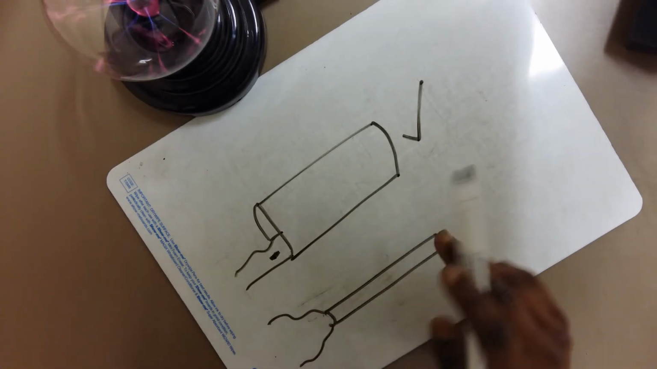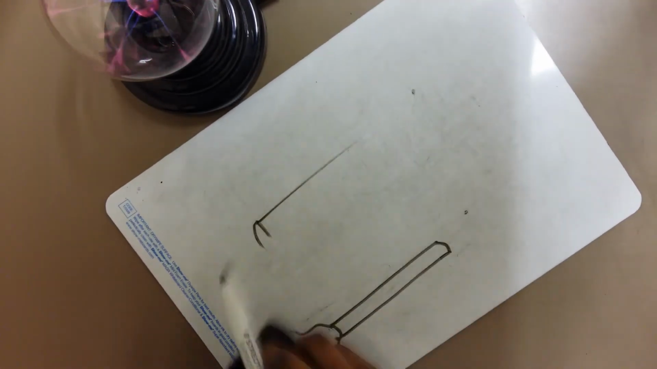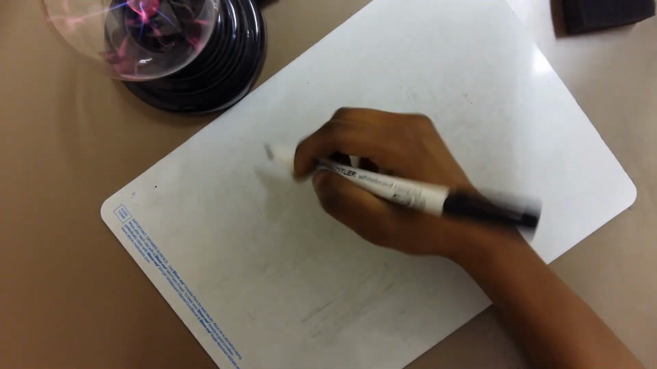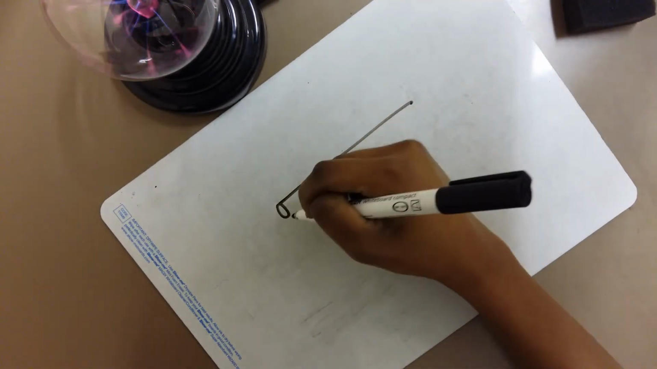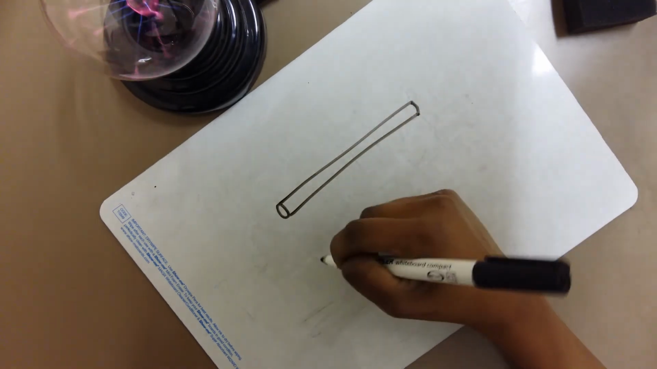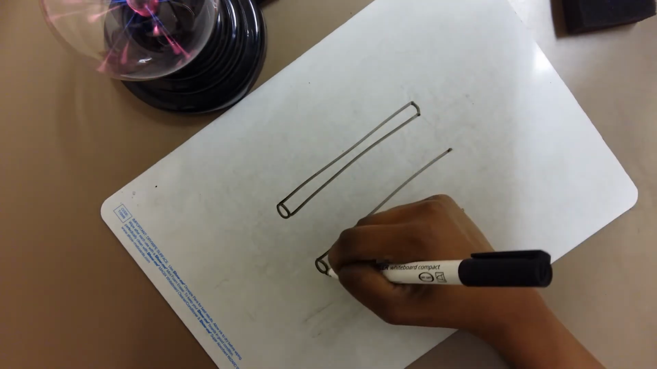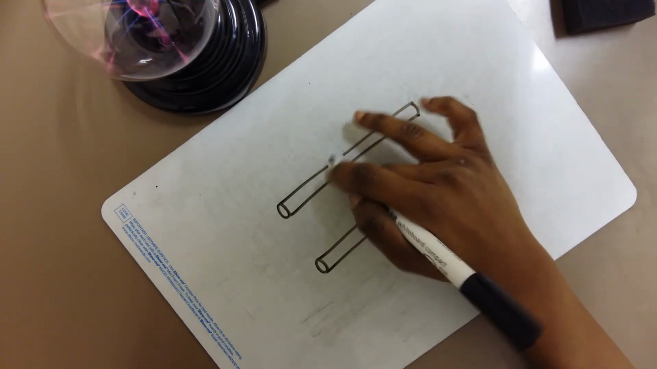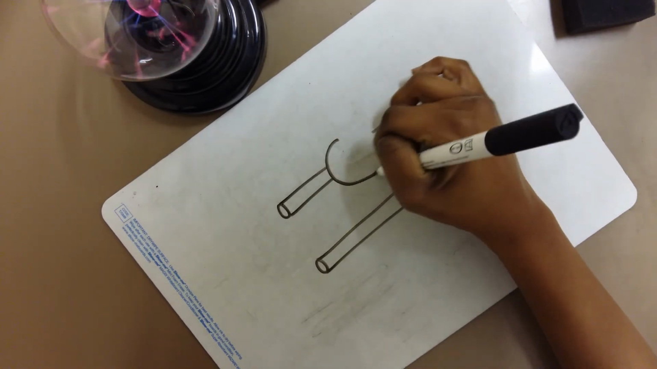The same thing with electricity, except with resistance, the width of the wire doesn't necessarily change. So let's say this wire has more resistance because it has